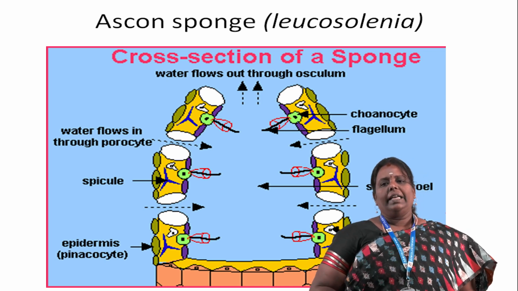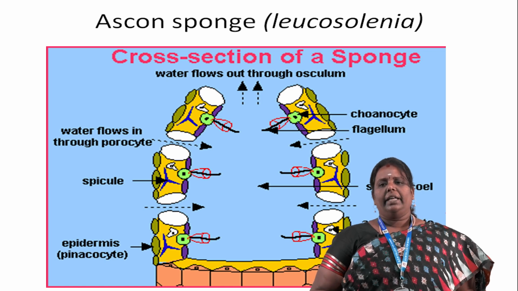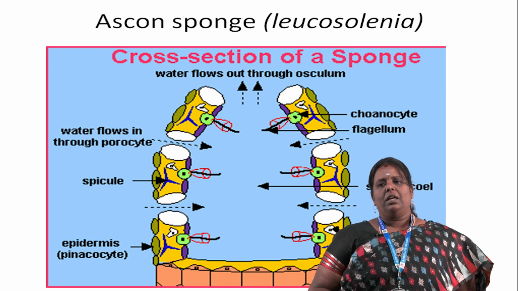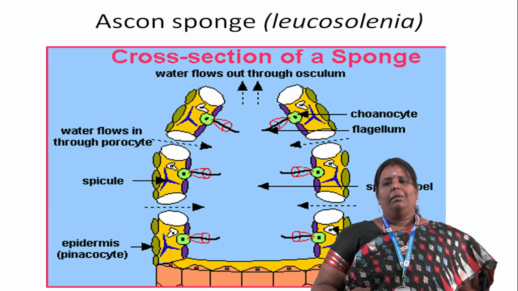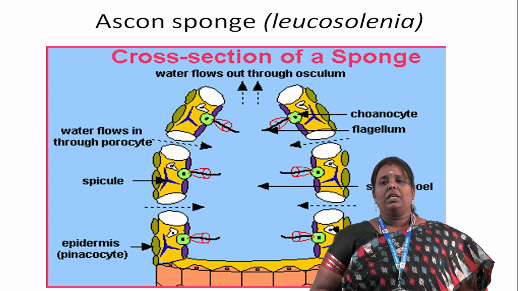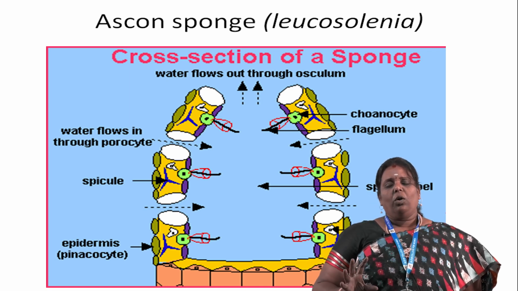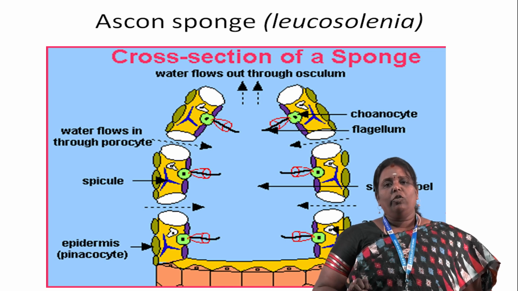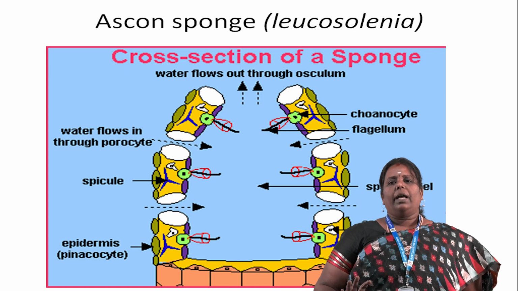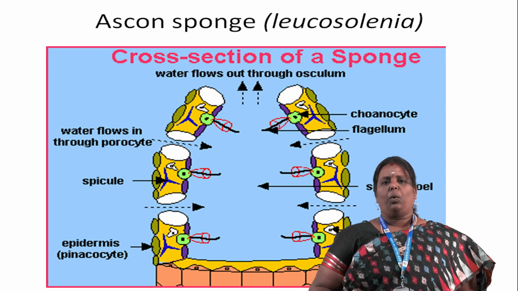It is covered by a layer called epidermis, and the other cells are the amoebocyte and mesenchymal cell, and there is the spongocoel. Everything participates in handling the food particles and the living system. All the cells have their peculiar part in the Ascon sponge. Next,